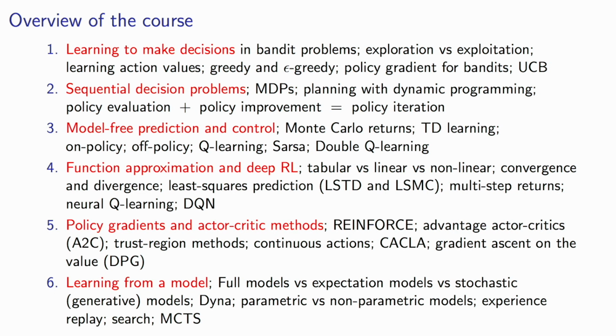You could still chain the model together. You could do an update through your model. You put a state in and a state comes out, and you could put that into your model again and you get a next state. You could create a whole trajectory in that fashion and maybe use that to learn from. And then we discussed the DYNA algorithm, which essentially means that you're using a model to generate more data, whichever model you're using, a full model, an expectation model, or a stochastic model. And then you're using that data to learn your value function from. And in typical DYNA, you're also using the raw data that goes into learning your model directly to update your value function.